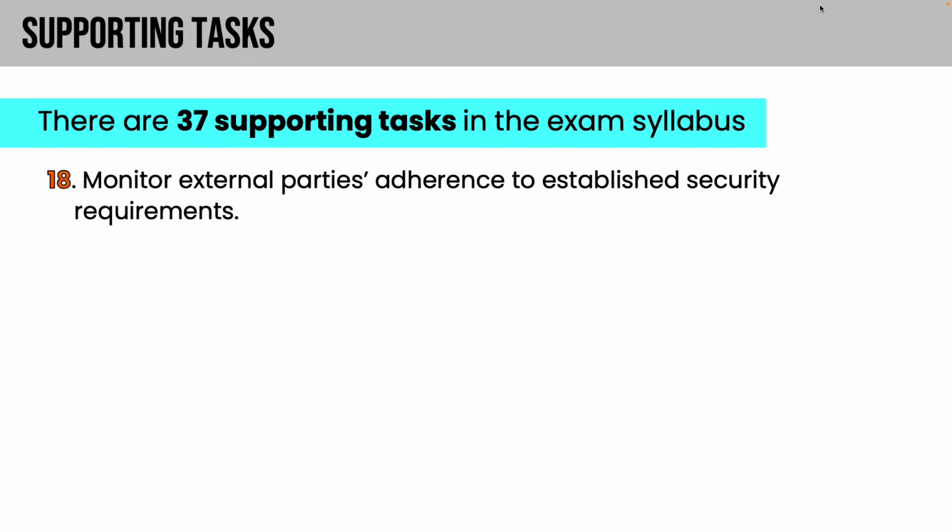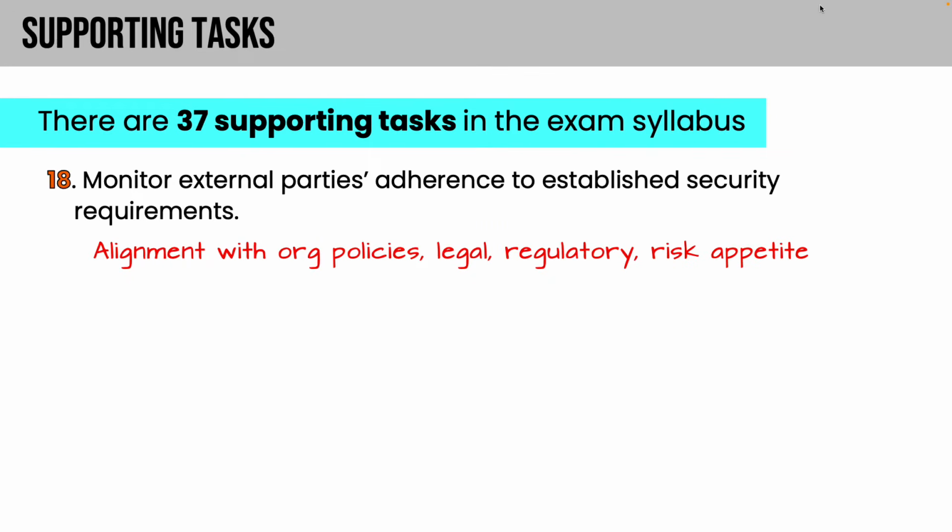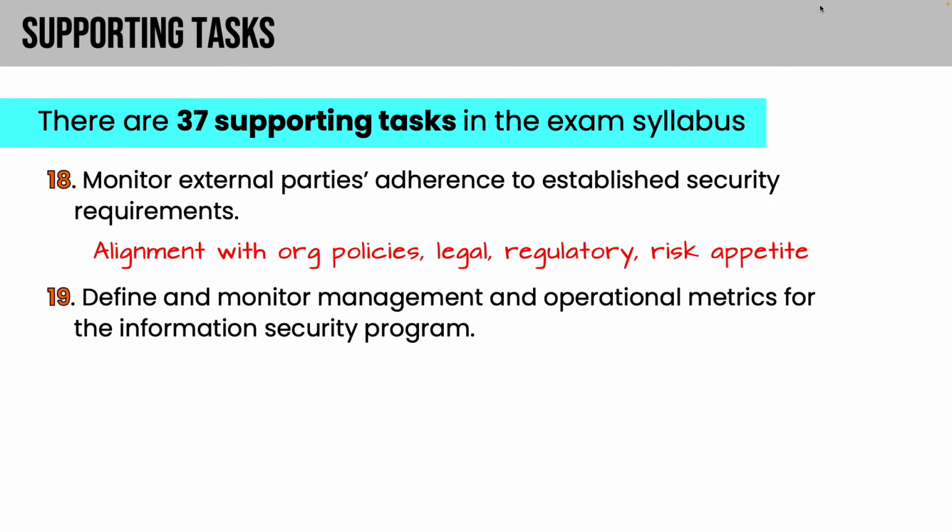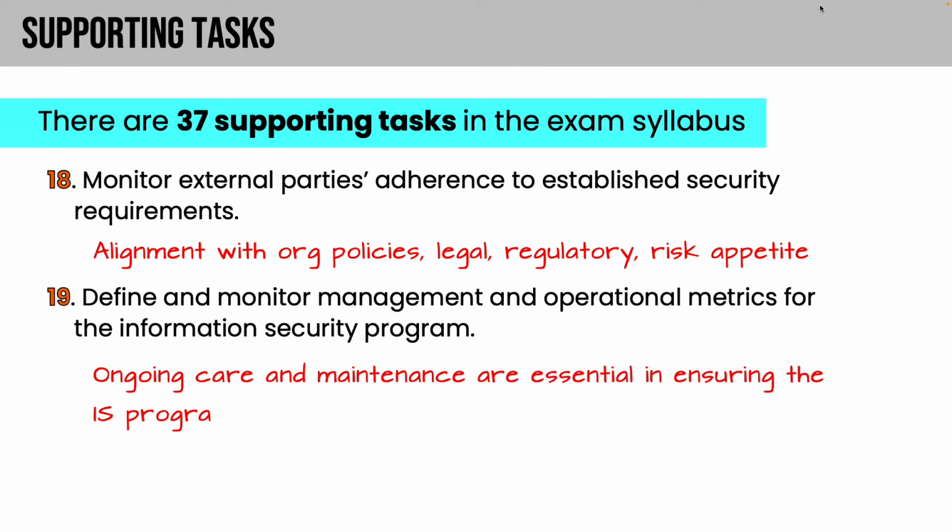Number 18 is to monitor external parties' adherence to established security requirements, alignment with organization policies, legal and regulatory requirements, and the organization's risk appetite. And number 19, define and monitor management and operational metrics for the information security program. So here we're talking about ongoing care and maintenance, which are essential in ensuring the program is still meeting the organization's needs. And that brings us to